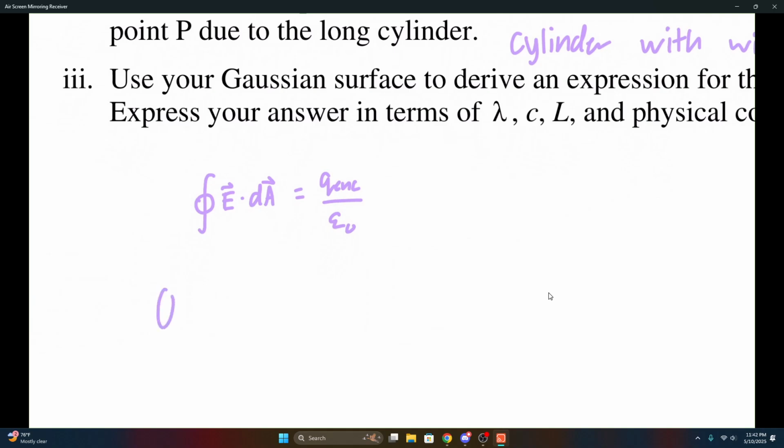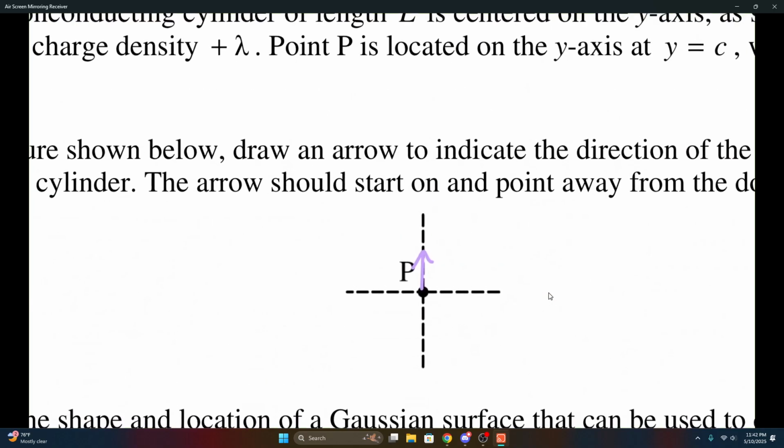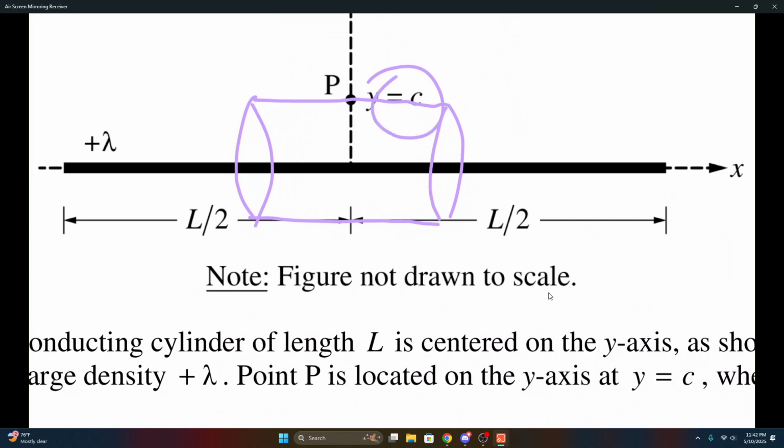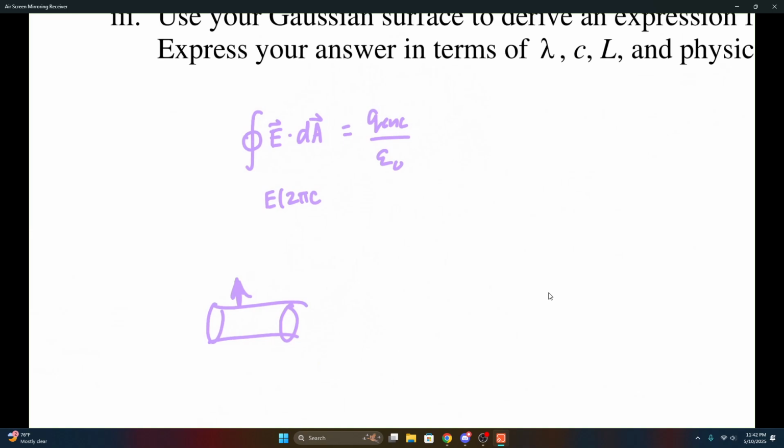Because we're doing cylindrical symmetry, the dot product goes away because we're parallel. So it's just E times 2 pi times the radius, which is C, 2 pi C times the length of this, little l,